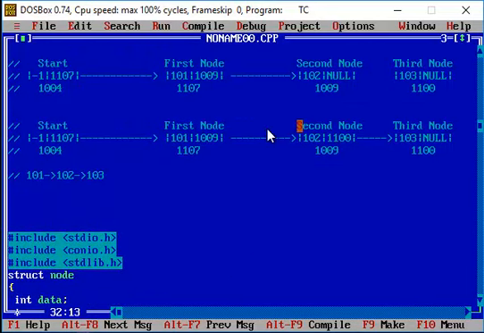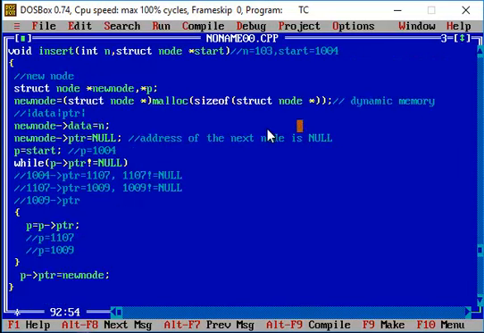So I'm just visiting 1009, that is the address of the second node, and there I'm seeing the pointer field value. The pointer field value is null. So this is equal to null, and I'm checking the condition whether null not equal to null. The condition fails. So I'm coming out of the loop now.